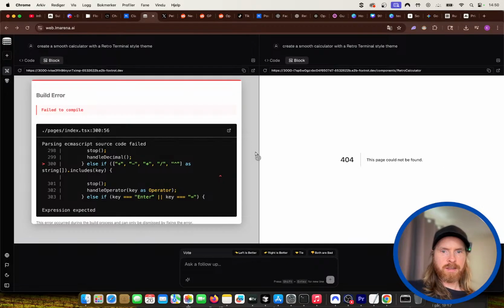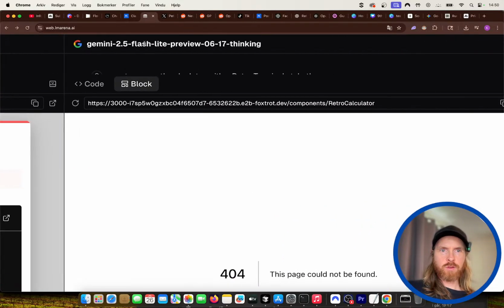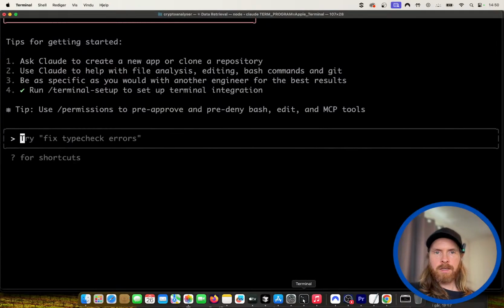That was a big fail. Both are bad. Summit and 2.5 Flash. Not too great. And I want to try to build a landing page in this new brutalism style here in Claude Code. Let's see if we can do it.